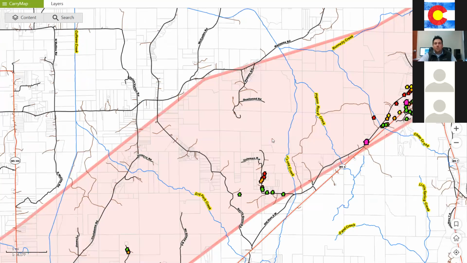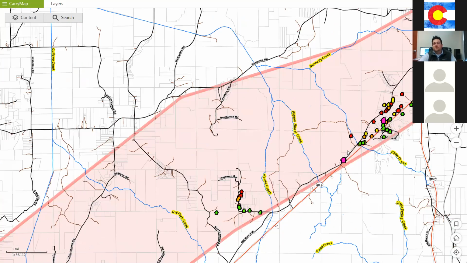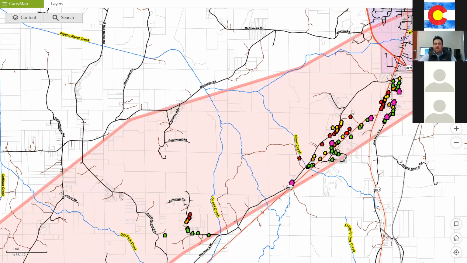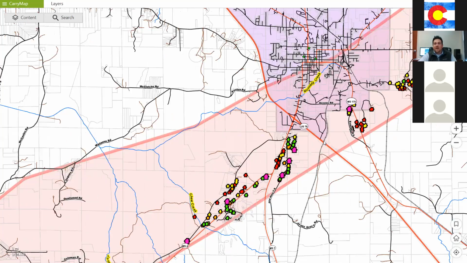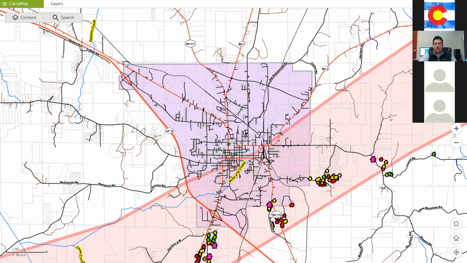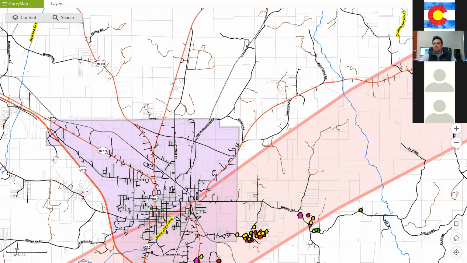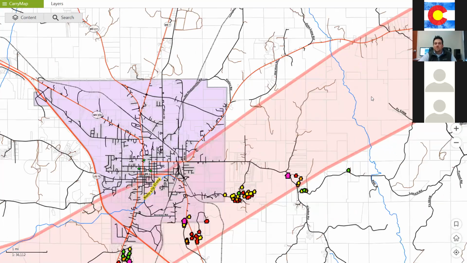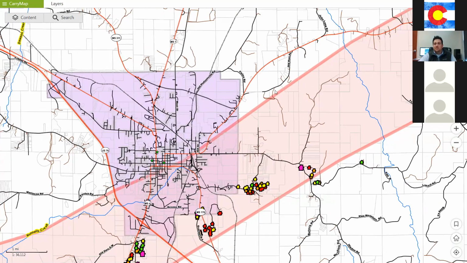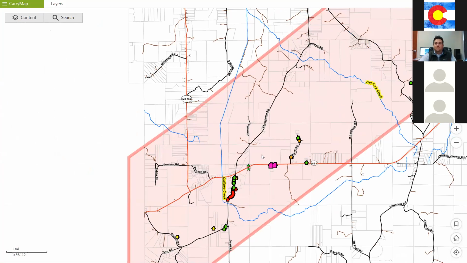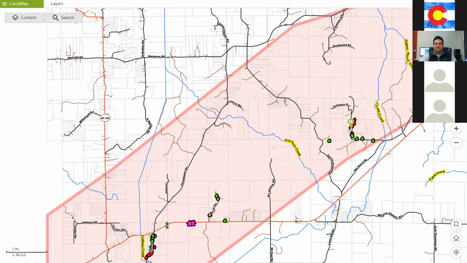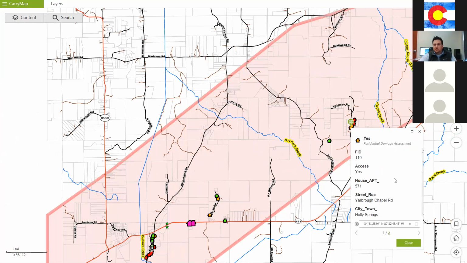So we had to have a quick app that showed all the officers. They didn't have any cell service out in the county here, where the damage was, where there were damaged houses. And we put this together the night of the tornado when it rolled through, just so that the officers could know exactly where to patrol, where the damage was, so that nobody would loot these people's houses who were just completely displaced. In every single house, you can click on the house and it gives you the damage. As people were calling it in, we were actually adding it to the map, and then I would send out a new update